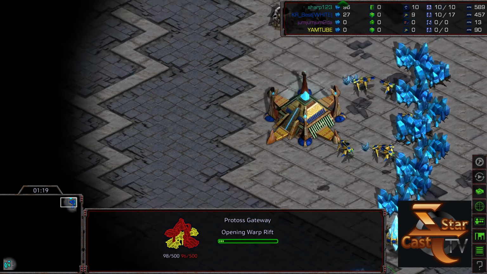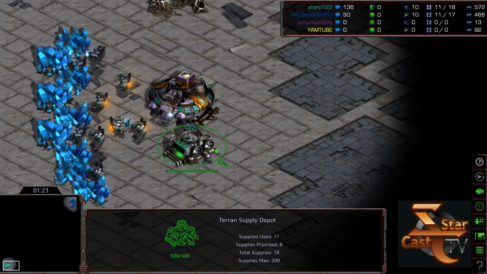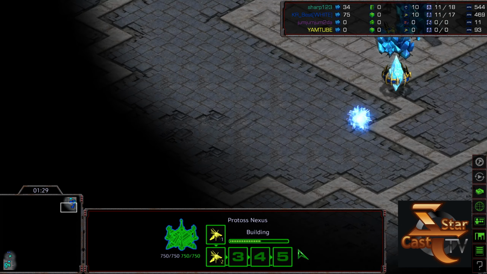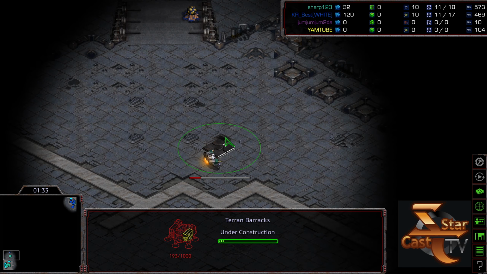Gateway first here for Sharp rather than a 12 Nexus or anything along those lines. Sharp initially building that supply depot along the edge. Between the two of these guys though, I love Best, but Sharp I just think is in better shape these days. So I am expecting him to be able to...